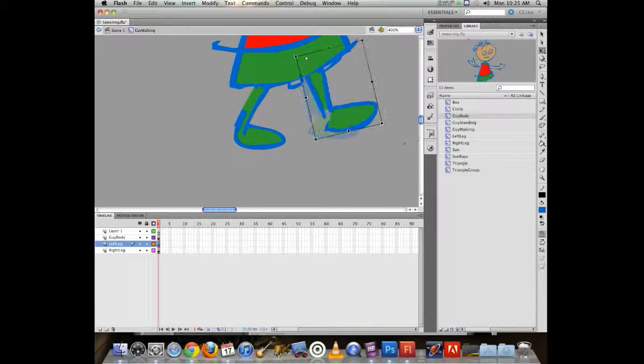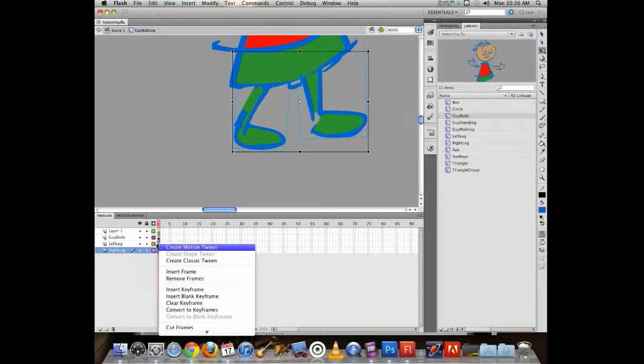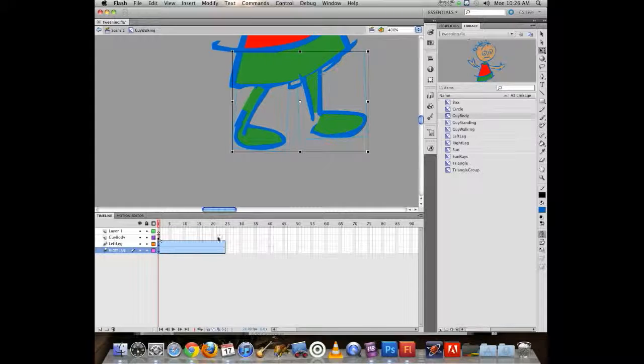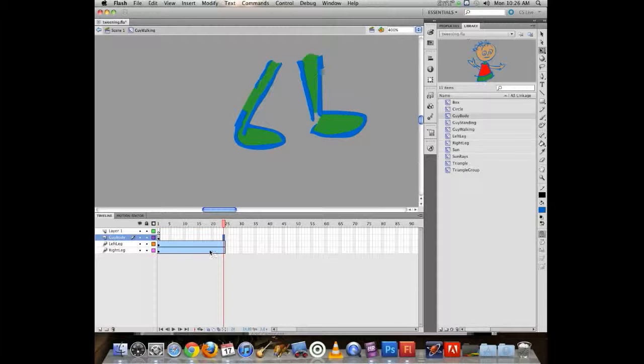You can see now the leg appears to animate. So to build this animation, I can highlight a couple frames, create motion tween, have the body extend out,